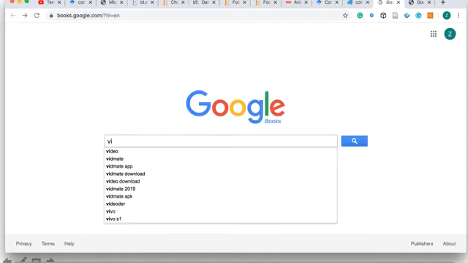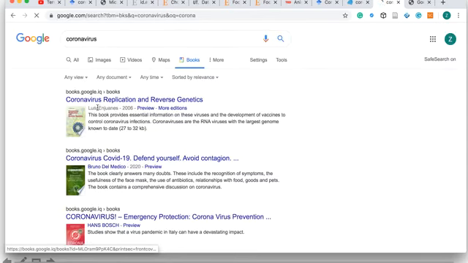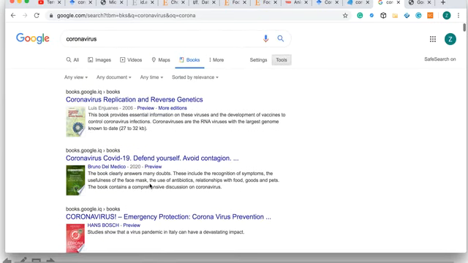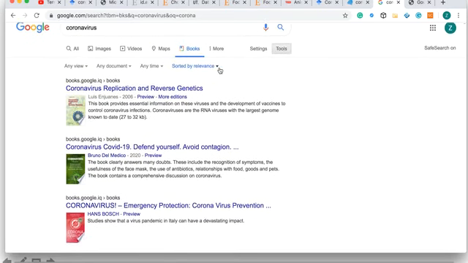Yeah, so I will use the same keyword because this is a very hot topic now. Let's see what we can get. So we have coronavirus replication and reverse genetics, which was published in 2006. Oh, this is in 2020, Corona COVID-19. Wow. So yeah, this is really good, and you can refine your search here,